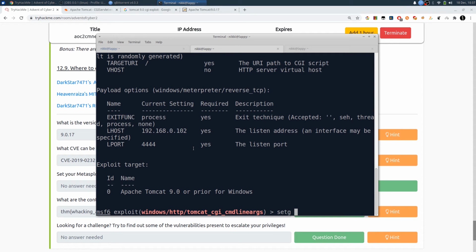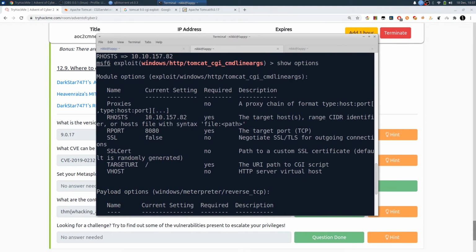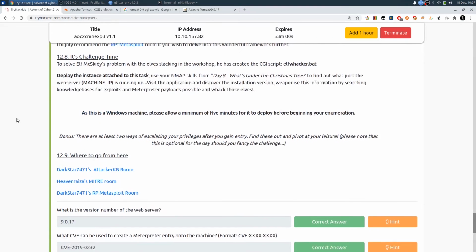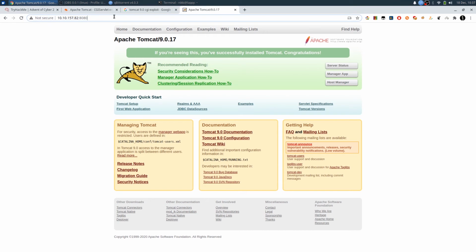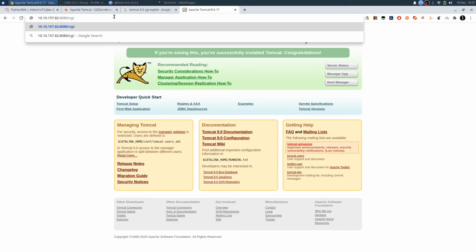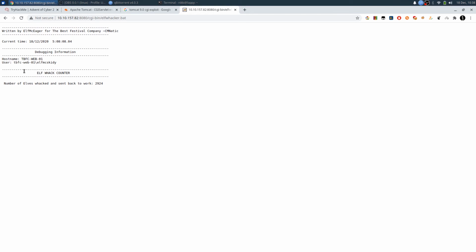First let me set the RHOST. And the URI, they have mentioned this elfwacker.bat. So if you go to slash cgi-bin slash elfwacker.bat, we have got the contents of this batch file.